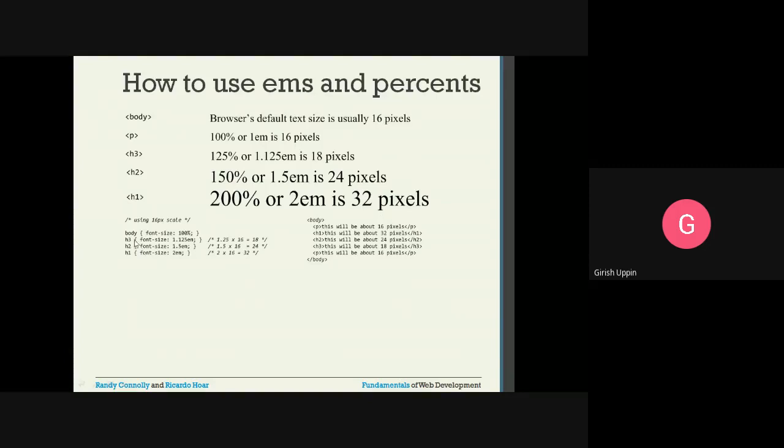This is how you are going to set it: body font size 100%, font size 1.125 EM, and 1.5 EM to 2 EM. So this simple code is written, and this text will be shown with the respective pixels.